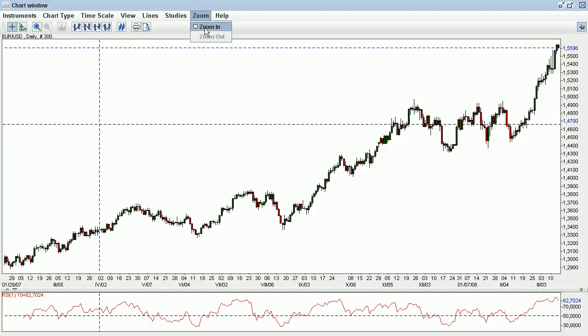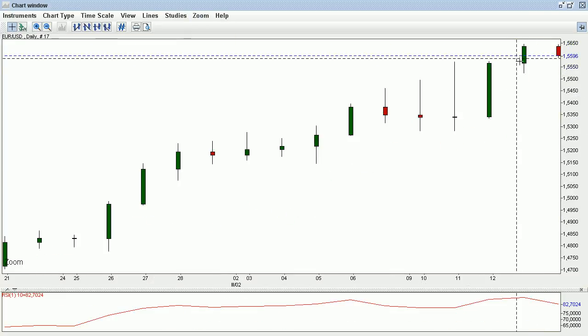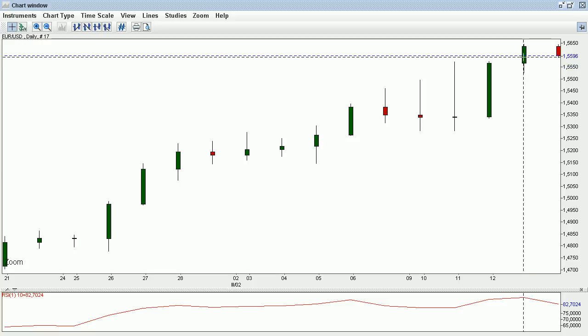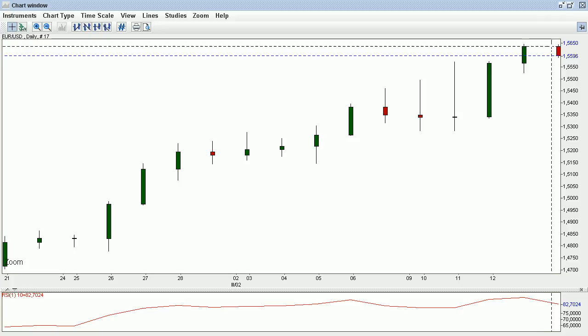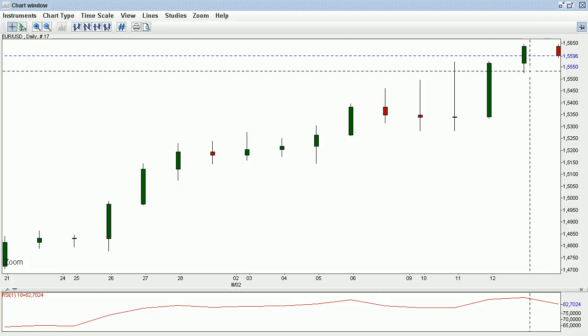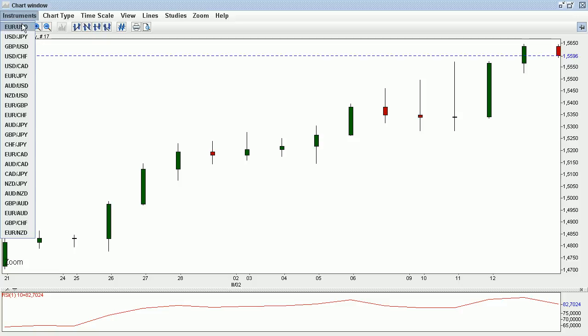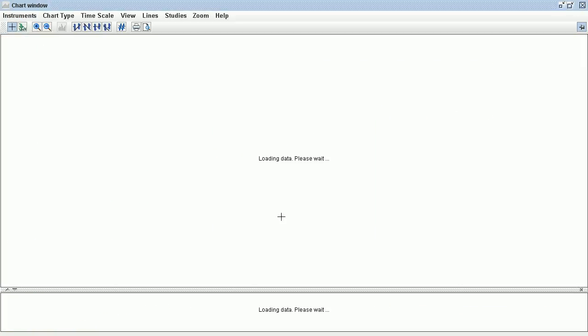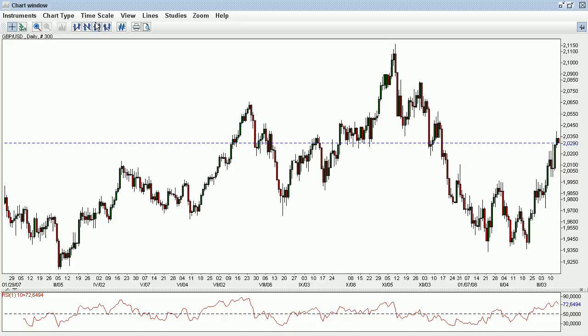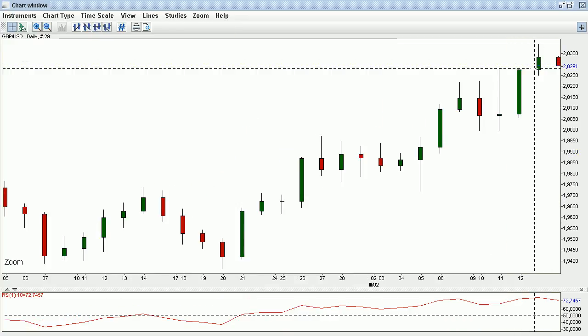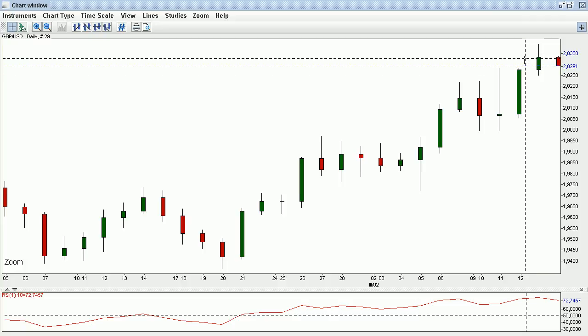the candle which formed on the 13th of March, Thursday, was this green candle which is just preceding the red candle which starts forming right now, and this is what happened, 100 pips of advance. When we go to the British pound US dollar for yesterday, the same thing happened here. We were on the daily chart and you can see that we had an advance of approximately 60 to 70